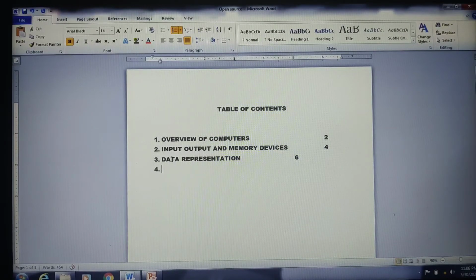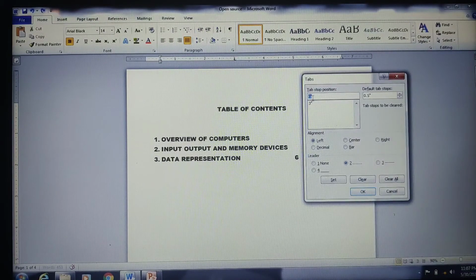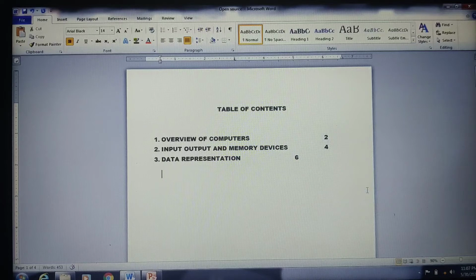So here I'll click on the tab. I have just removed the numbering there. So once again I'll show you how to have dot leaders. In the paragraph tabs, as I said, I've set the tab position at 3 and I've chosen the dot leaders to appear in this way, and then click on set and then click OK. Here my cursor is positioned, and when I click on the tab, see, at the 3rd position I got the dot leaders.